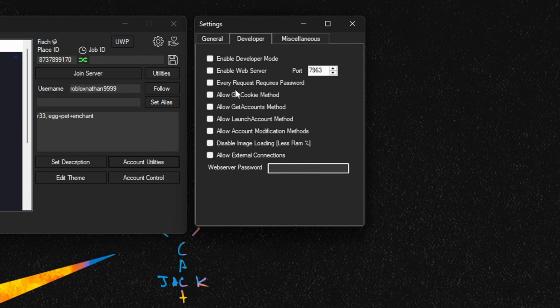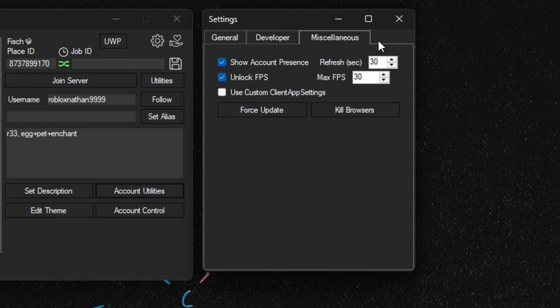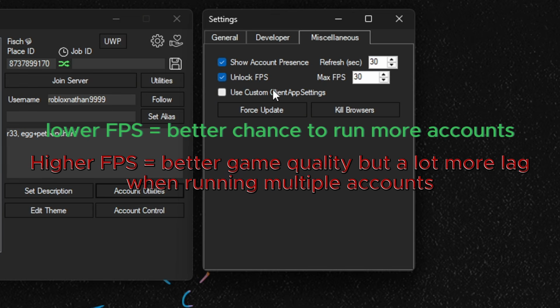So just taking a quick look at developer tools, it seems like it's really not needed at all. So just go ahead and skip by that for now. So miscellaneous, this is probably the most important tab in settings. Account presence really doesn't matter, but unlock FPS. This is going to be how you change your frames per second. So make sure that you have a check mark on,